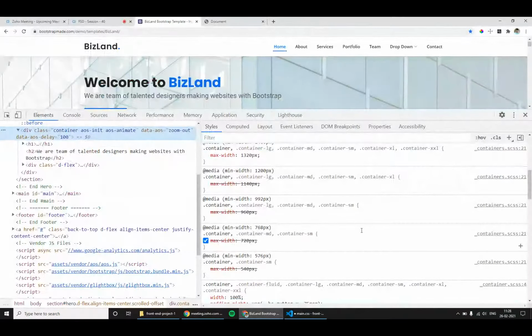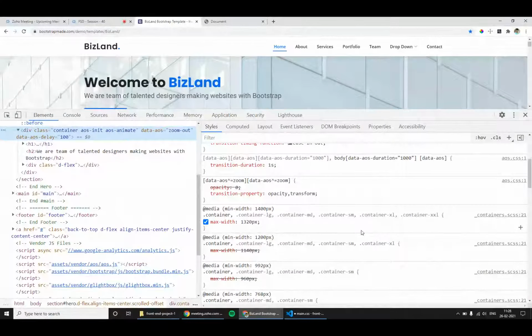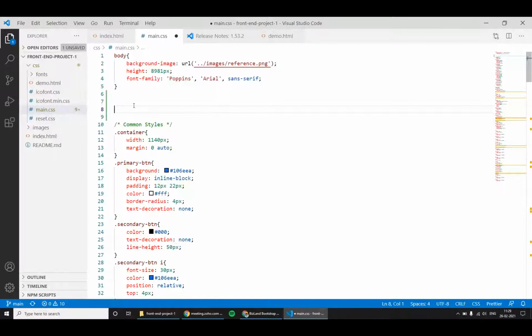Can anyone use the chat box to type the syntax of media query, which we saw yesterday? Something I wrote, right, at media blah blah blah. If you had tried at home, then it will be easy for you to type without referring anything.